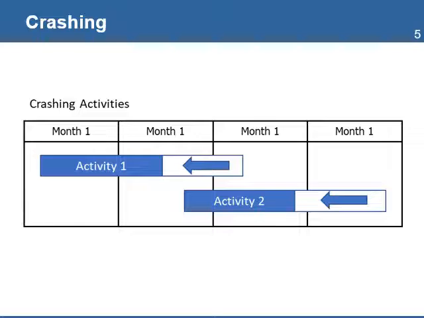Crashing is a technique for making budget and schedule trade-offs to obtain the greatest amount of schedule compression for the least amount of cost increase. For example, assigning an extra resource to an activity in order to reduce the time to complete it. You need to decide if reducing the activity's duration is enough to justify the associated higher cost. The trade-off may be increasing an activity duration that is not on the critical path by moving the resources initially